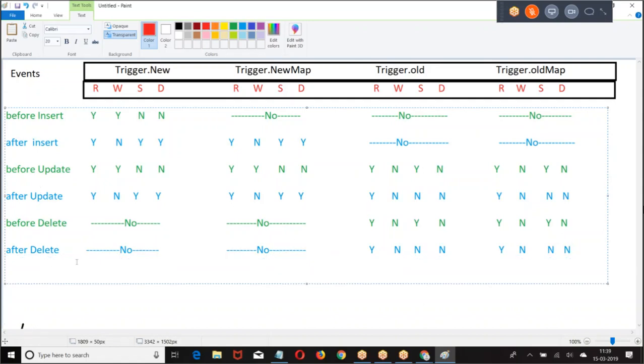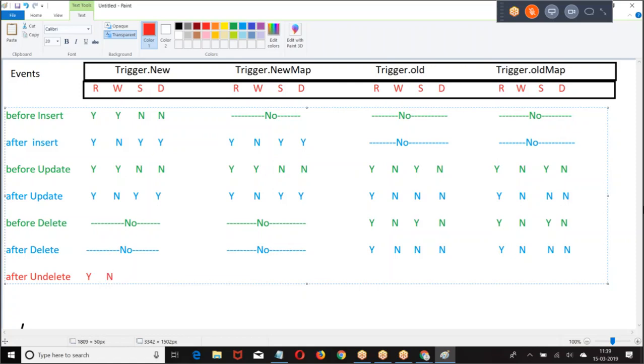Last one we take after undelete. This is from the recycle bin. If you undelete the record, this logic will run. Only after the data is removed from the recycle bin to the object. Undelete. After the record is undeleted, the record will come back to the object. Then only the logic will run. After means what?